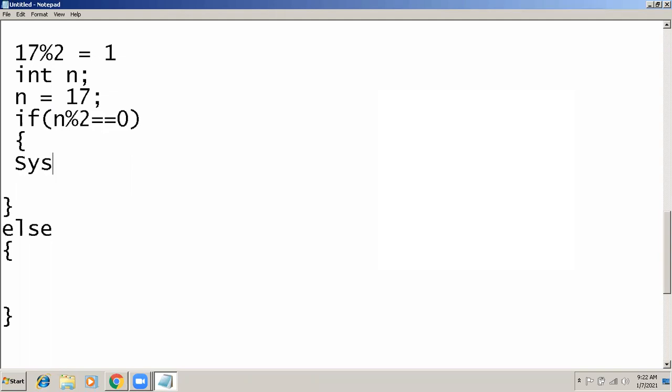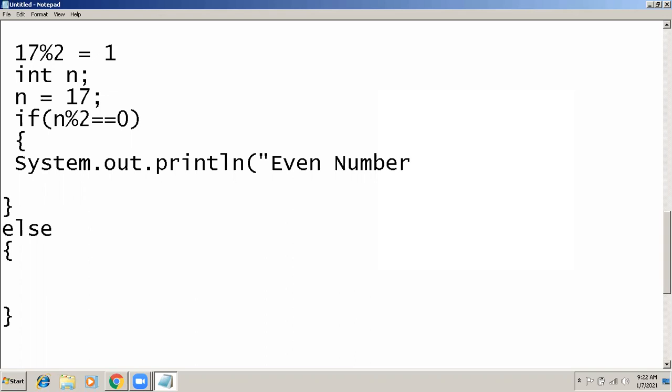So in this if block I can put the message System.out.println, and in the message I can put even number. And what if this statement is false? Then it means it is an odd number.